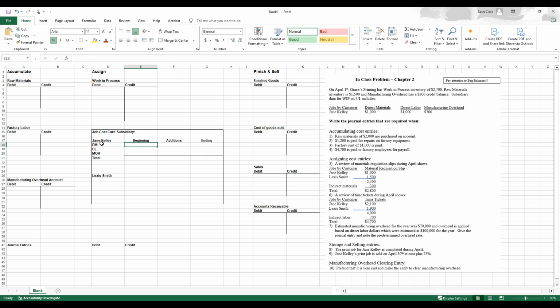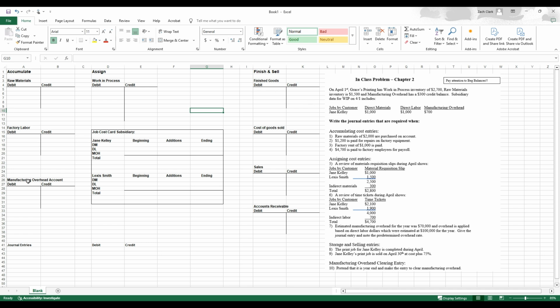Okay, so I'm just going to do a little formatting. And let's do the same thing for our job down here. We don't have any beginning balance, but we're going to be putting some costs in here. So let's go ahead and put those in and do it that way. Okay. So let's see here. Now to begin. So we've got our job cost card kind of set up and ready to go, and we have a